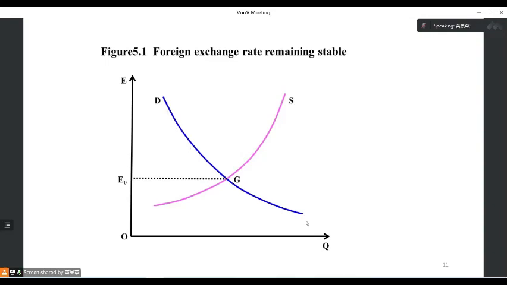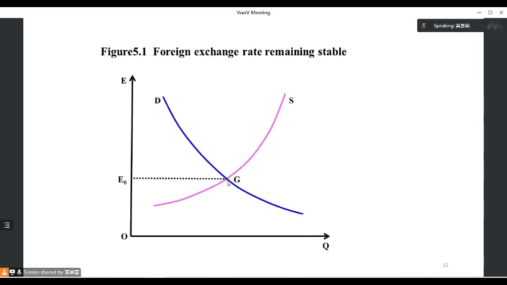The blue curve is called demand, and the purple curve is called supply. And when the foreign currency demand is equal to foreign currency supply,